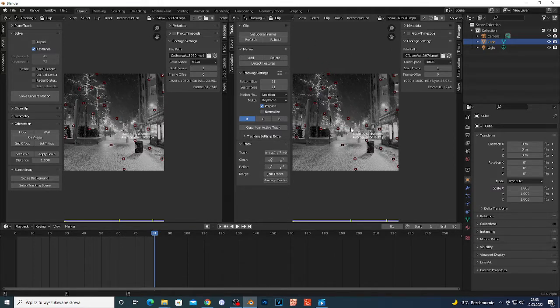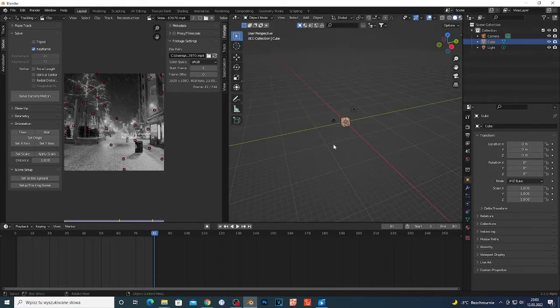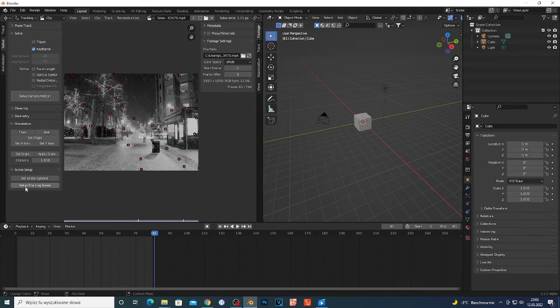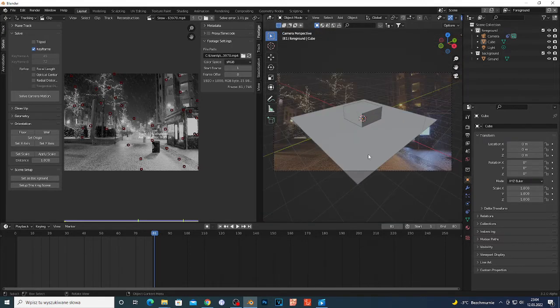to create a new window. Now I can go right here to this icon and choose 3D viewport. As you can see, I have my stupid cube. So what do you want to do? Basically, you just click right here, setup tracking scene, boom, and this plane appears, my cube and my camera. If I just click 0, I have my footage and this plane. But as you can see, this is not correctly lined up,